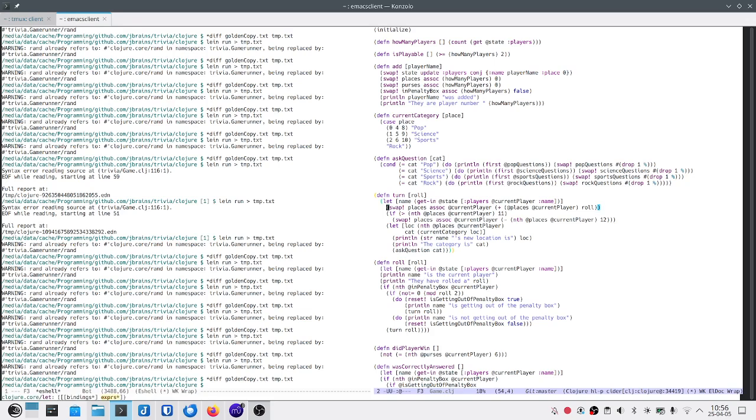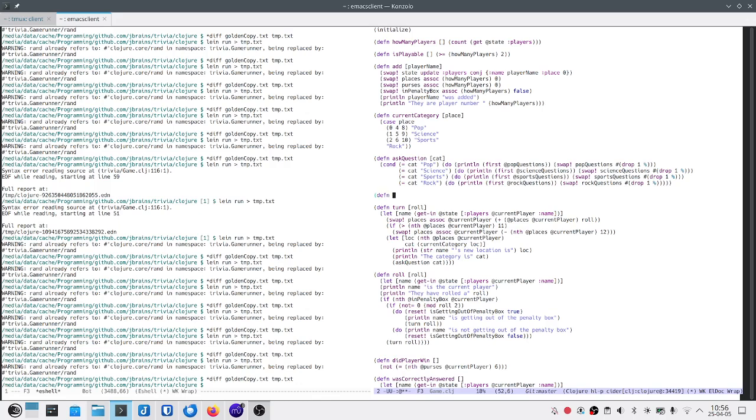This is how we're modifying the place. So this basically means advance player, this block here. Let's put this somewhere else. Let's make a function, defn advance player, and it's going to take a role.